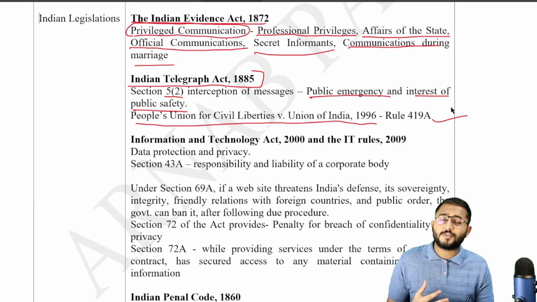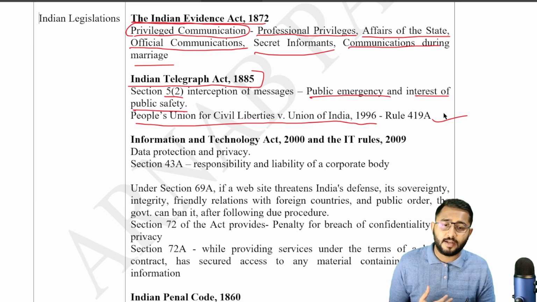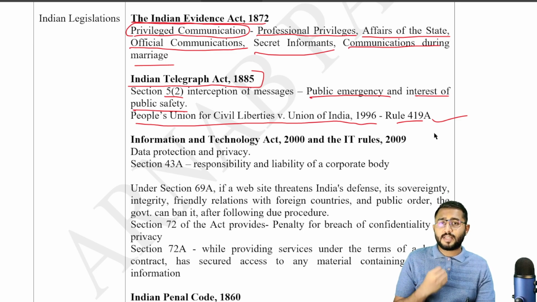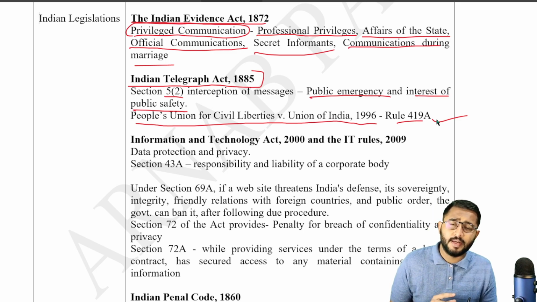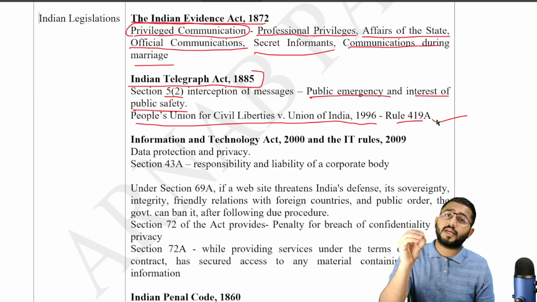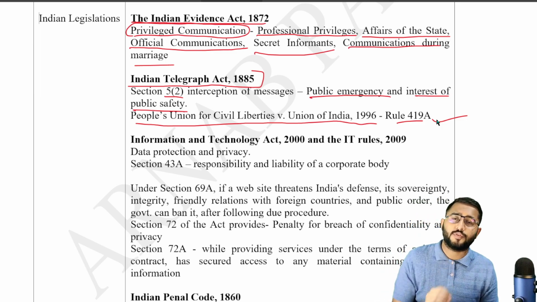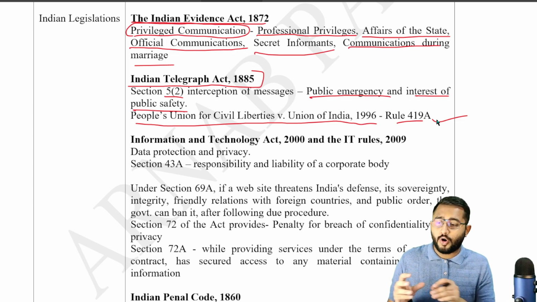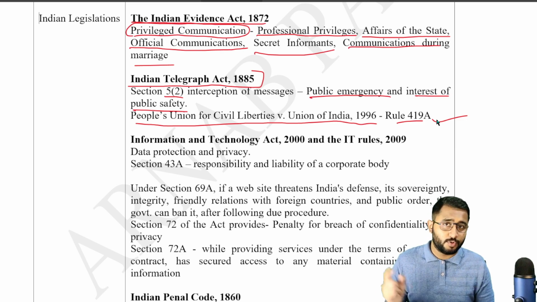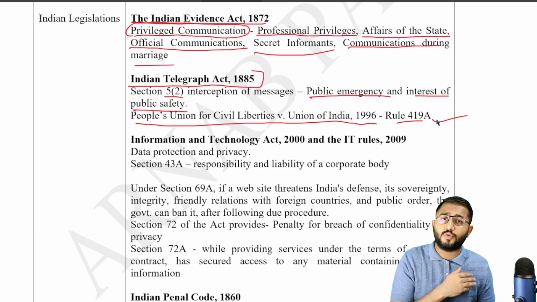So to this, the Supreme Court came into rescue and in fact laid down the rule 419A, which says that, number one, अगर phone tapping करनी है तो इसका जो authority आएगा वो होम सेक्रेटरी से आएगा, इन केस ऑफ गवर्नमेंट ऑफ इंडिया, और स्टेट के होम सेक्रेटरी से आएगा इन केस ऑफ द स्टेट. ये जो ऑर्डर आएगा, राइट, फॉर फोन टैपिंग. So you create one layer of prevention so that it cannot be used randomly.